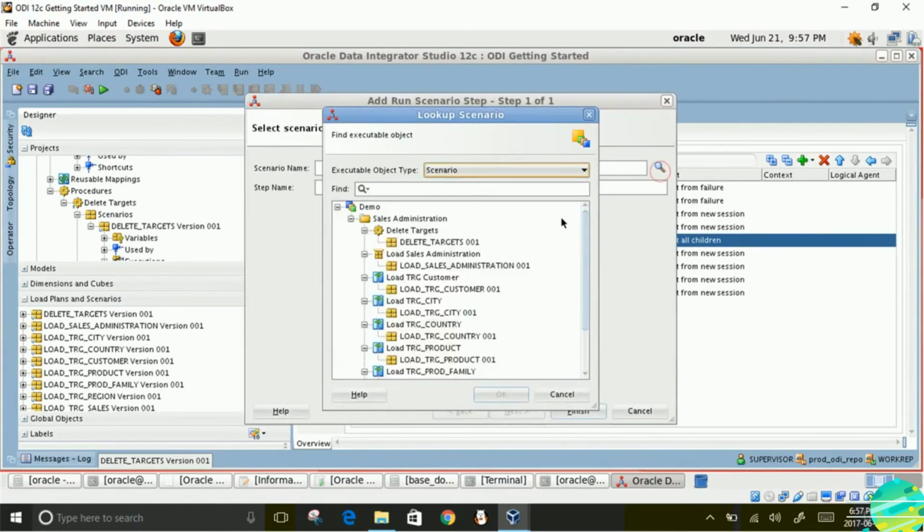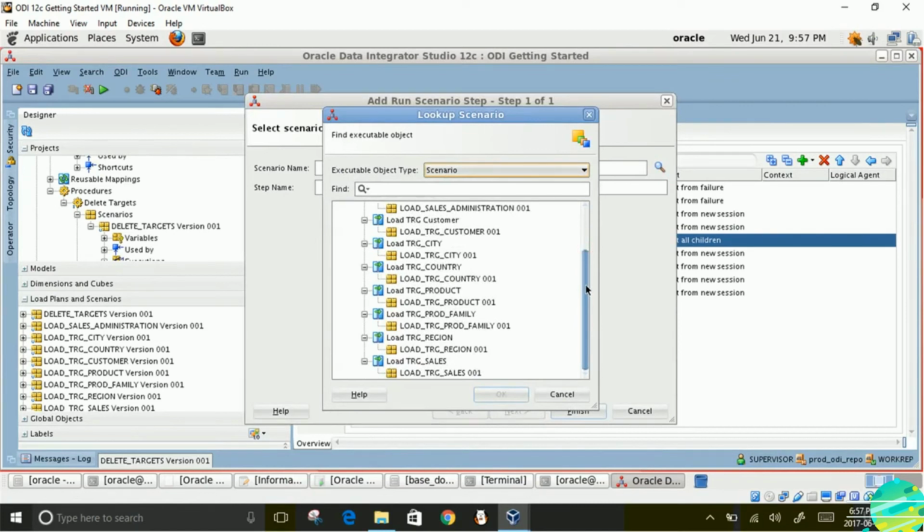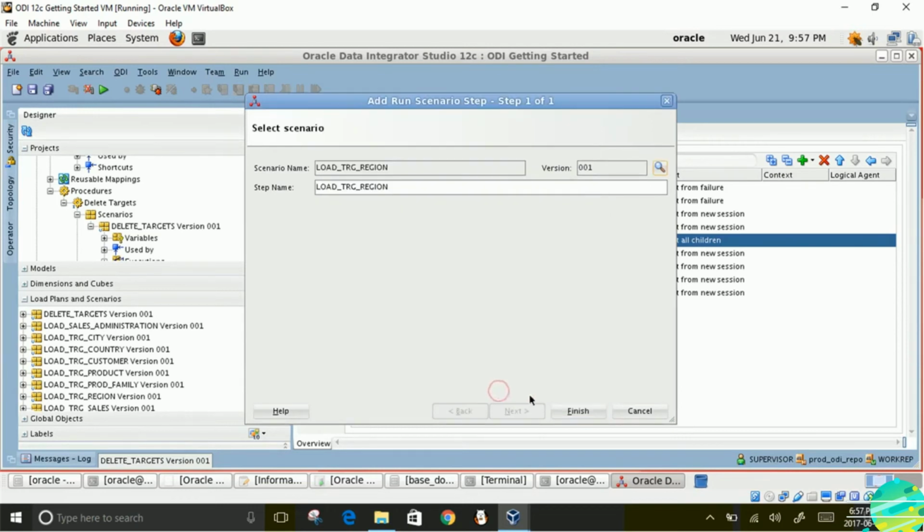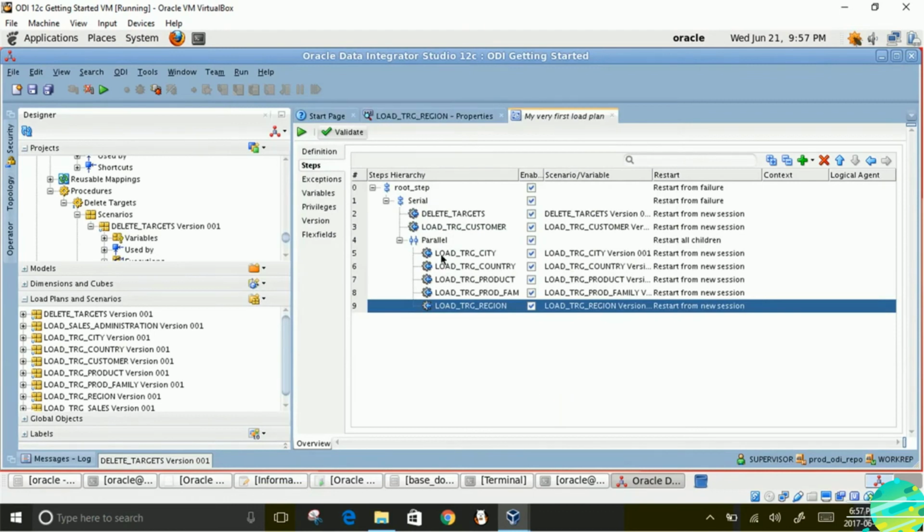These are all master tables. They are not related to each other, so they all can be populated together. And region. At the end of this step, you will have all your master tables, customer, city, country, product family, region populated.